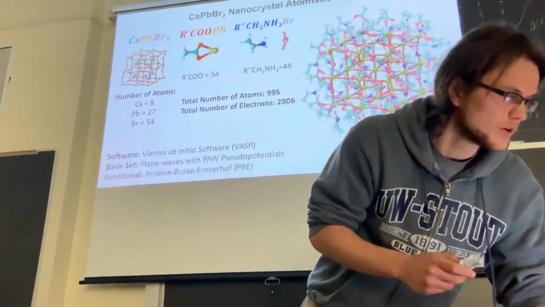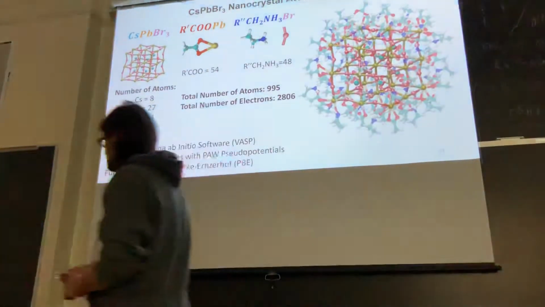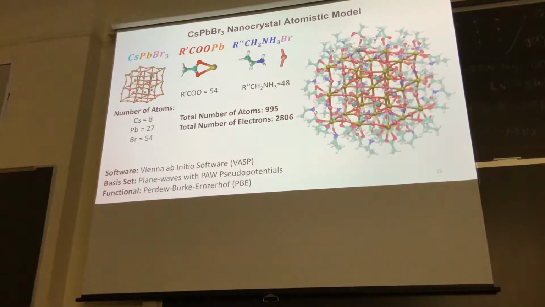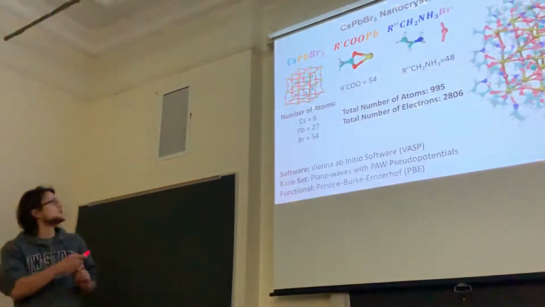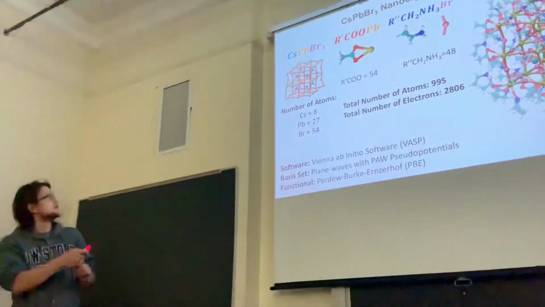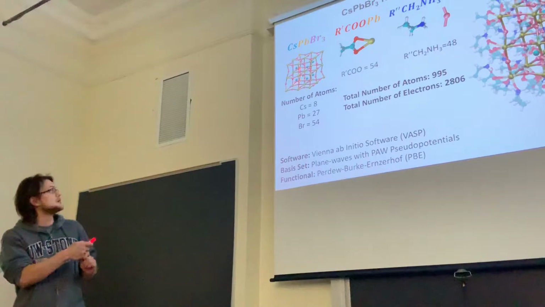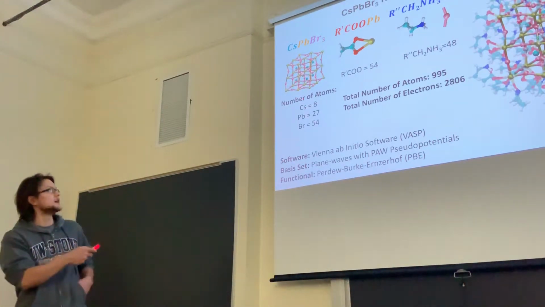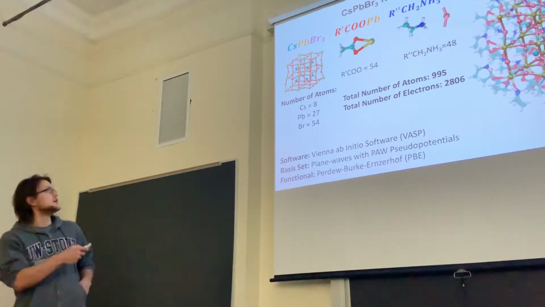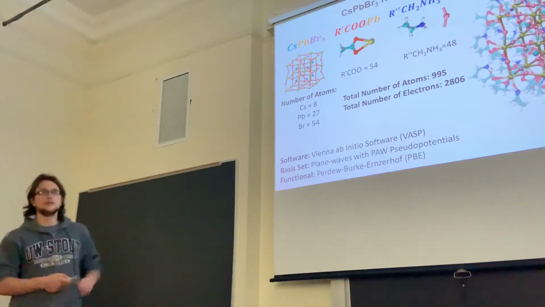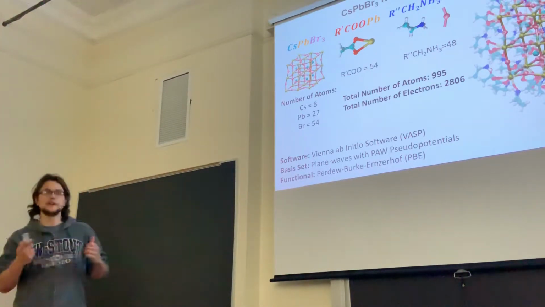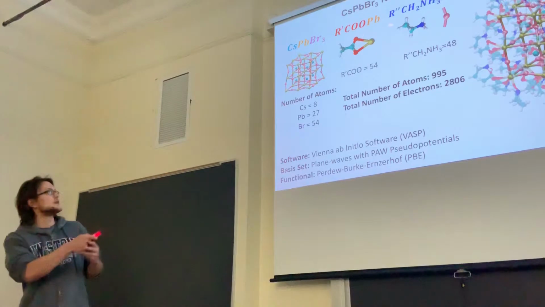We got to modeling polarons. I never introduced the model before, so this is the atomistic model that we use for our calculations. It's a perovskite unit lattice, essentially a 2 by 2 by 2 lattice with a certain number of atoms. And then to passivate the surface trap states, because this would not be very stable by itself and needs a surfactant, we terminate each of the surface leads with a